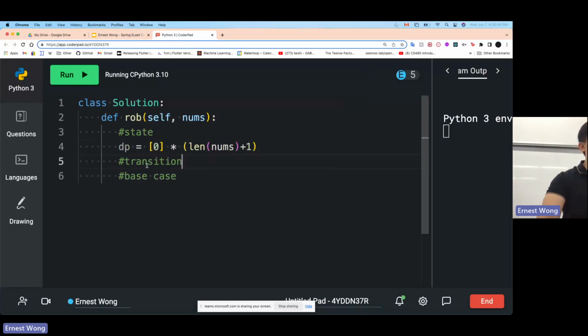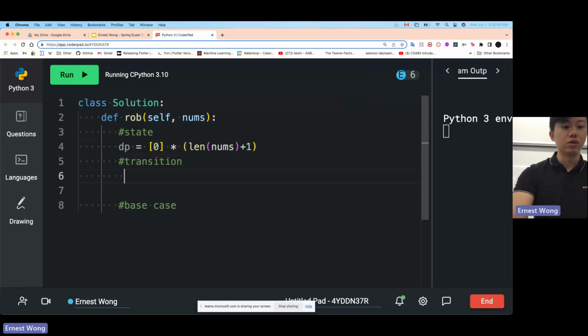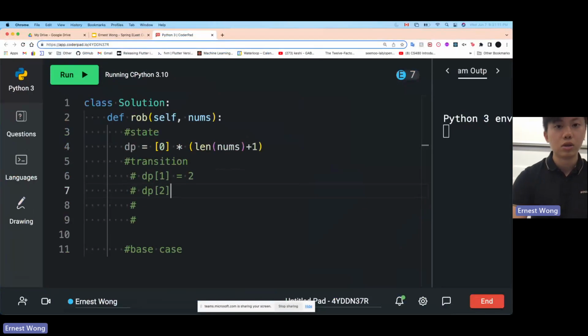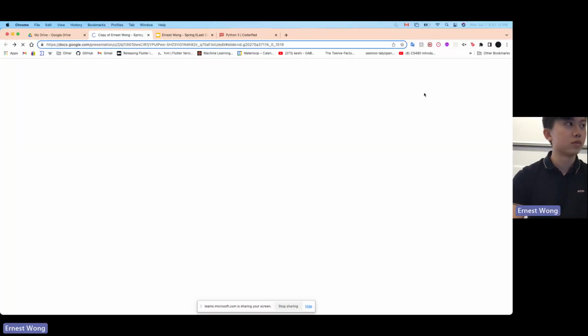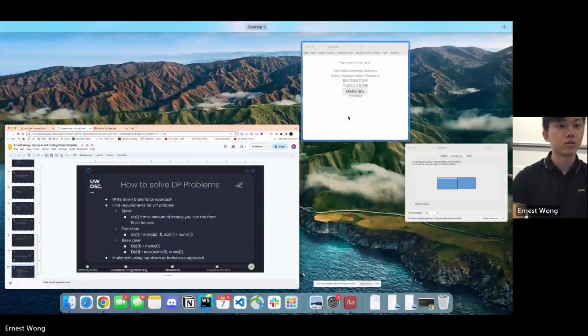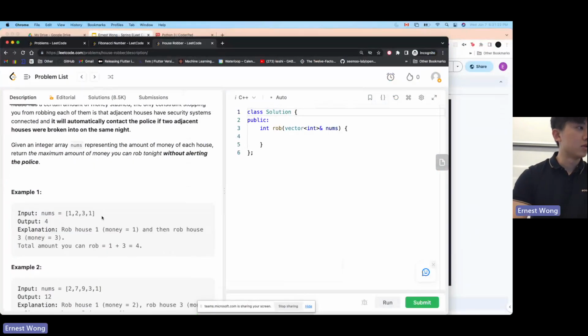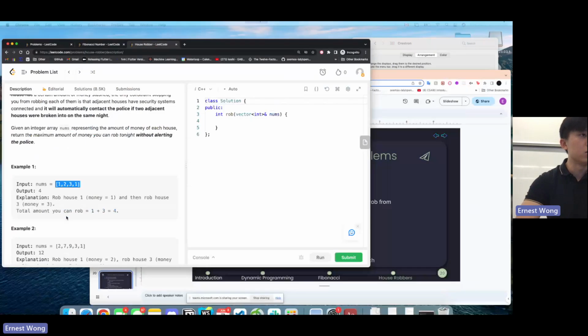So let's imagine we know the maximum we can steal when there's only one house. Let me copy and paste the example from before. Okay, so this is our example over here.